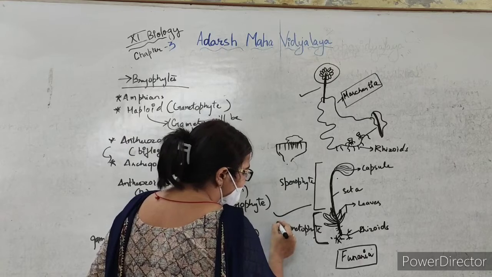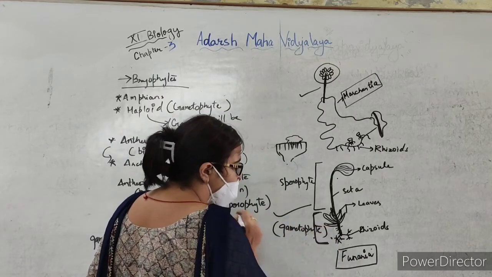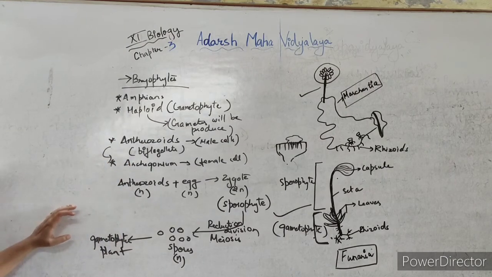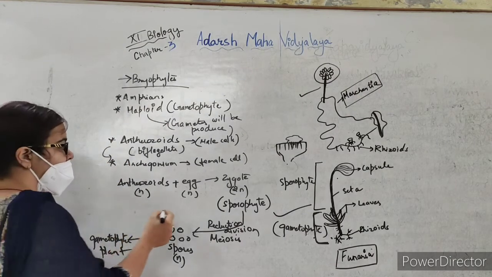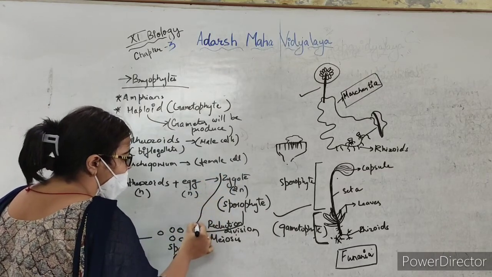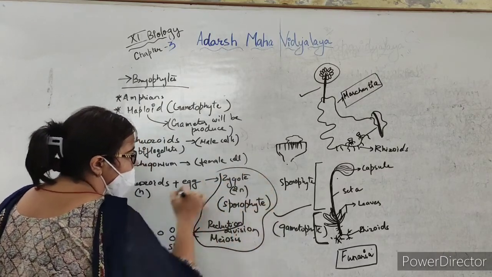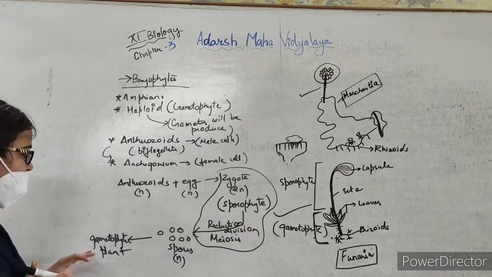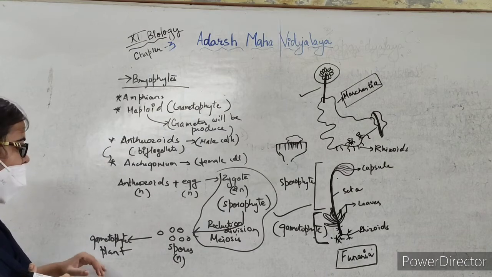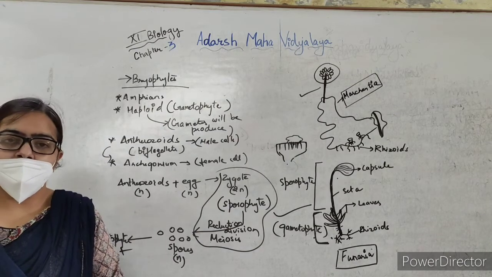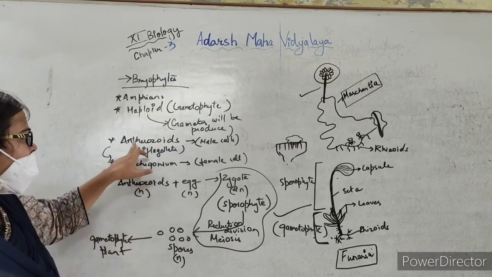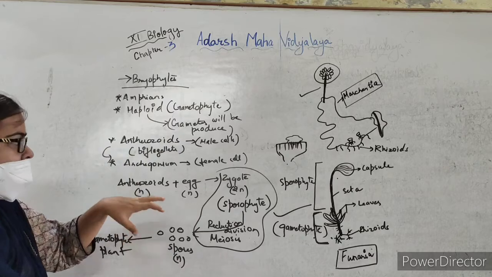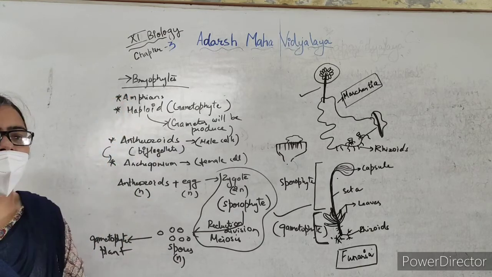Okay, so the gametophytic stage is free living here, so we say that the main plant body in the bryophyte is haploid. You have to remember here, after the formation of zygote there will be meiosis that will help in the production of spores, which will be haploid, and after they germinate they will form the main plant body of the bryophyte, that is the gametophyte. And as water is required for the transfer of antherozoids to the archegonium, that is the egg, we call them amphibians.